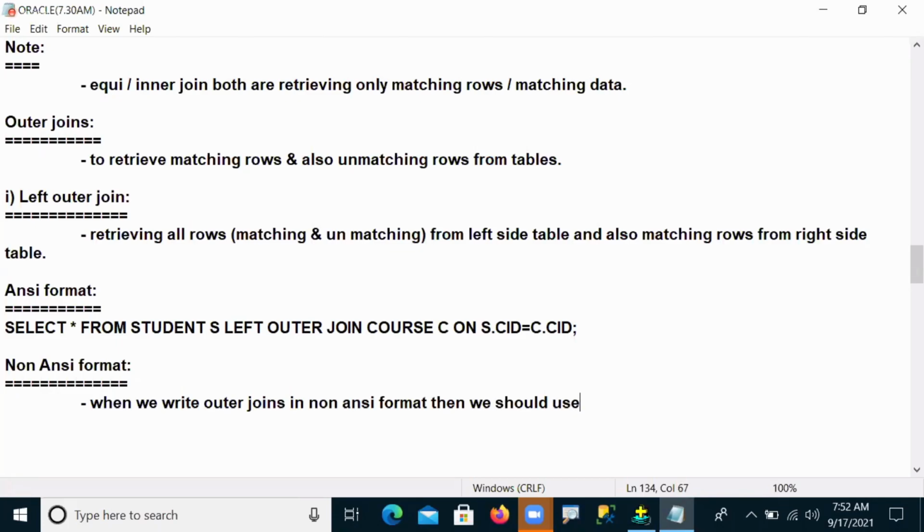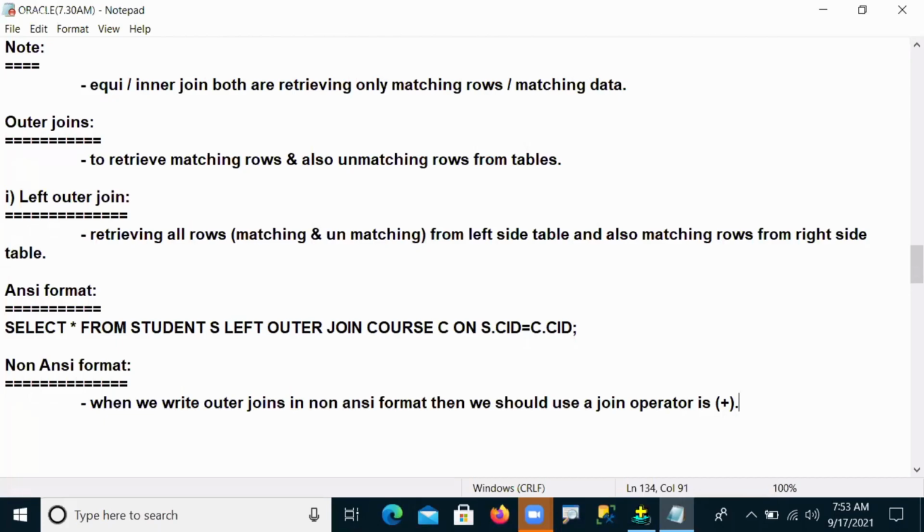The join operator is the plus symbol, compulsory. We use the plus symbol with open and closing brackets. So this plus symbol represents what we call the join operator.